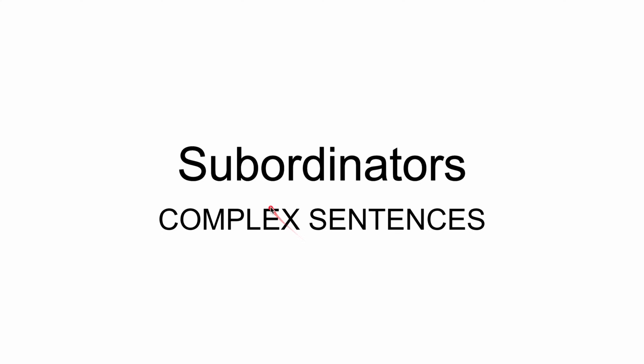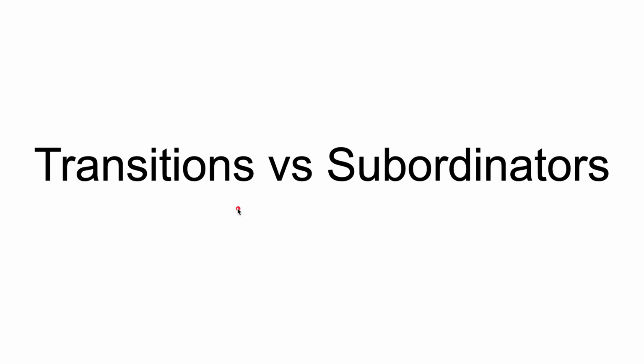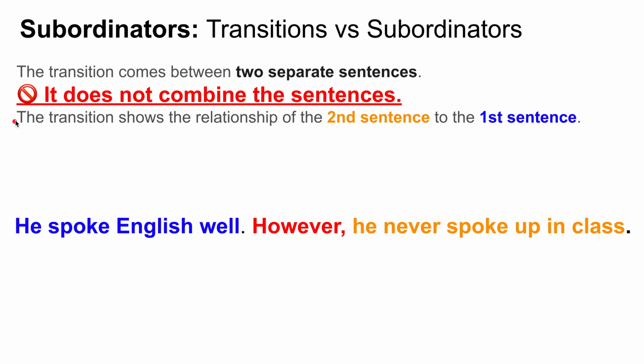We're going to be looking at subordinators and how they make complex sentences. Before we start, we need to be able to differentiate how transitions and subordinators function. They have very different functions and punctuation. First of all, remember that the transition comes between two separate sentences and that a transition does not combine